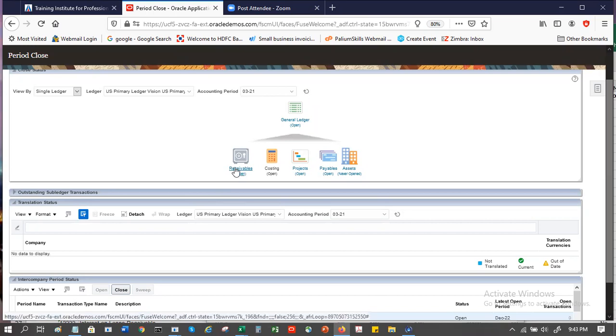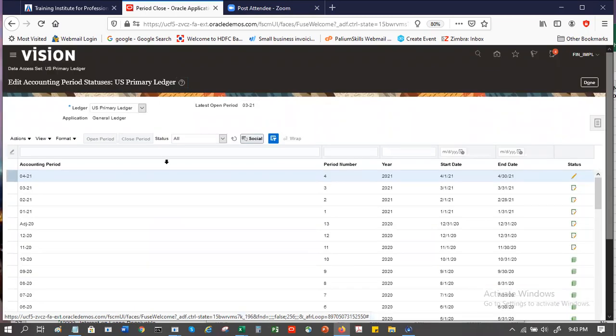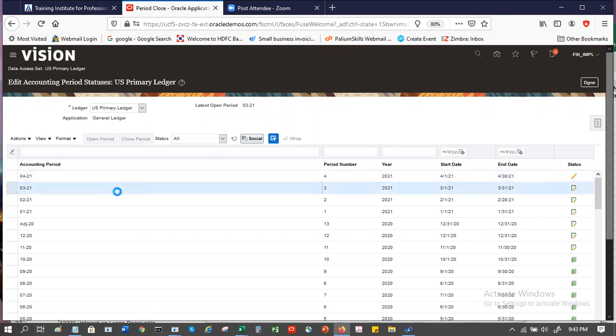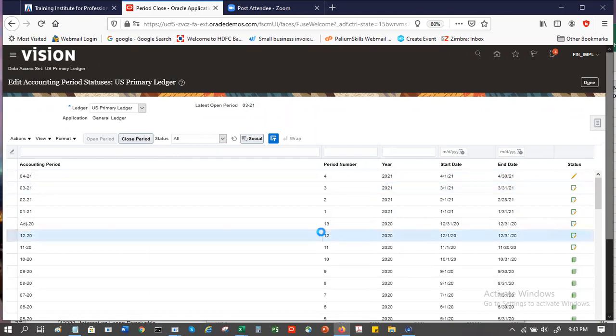And let me just go back to this ledger one more time, the period that is there. Whenever you want to open any particular period, you click on it and then you have this open period option which will be enabled. You can close the period, open the period from here against each of these periods. And based on that, you can monitor your ledger.